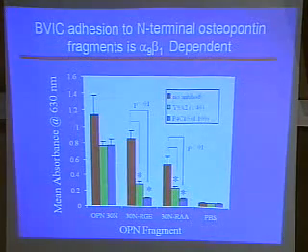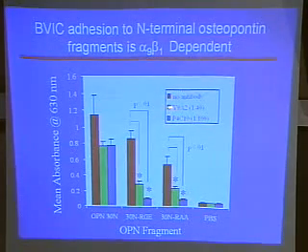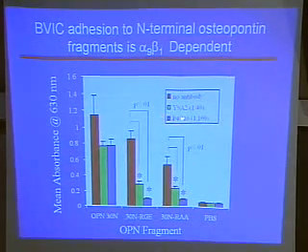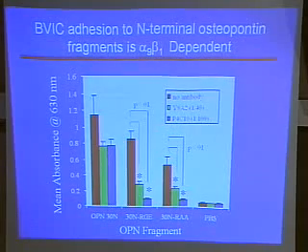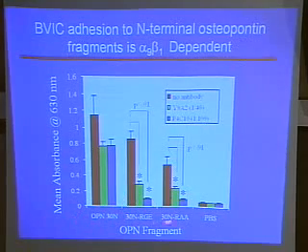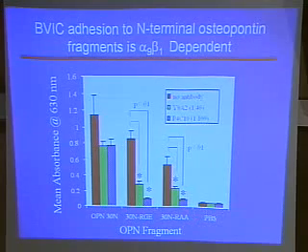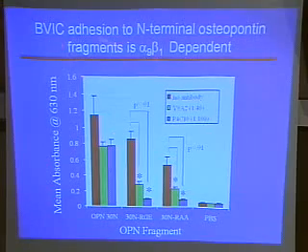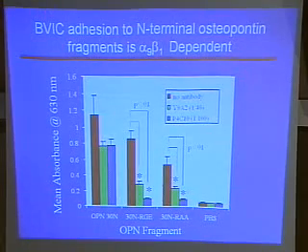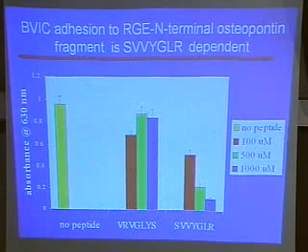So in this experiment, the cells were pre-incubated either with no antibody, an antibody to alpha-9 beta-1, or, in blue, an antibody to beta-1 integrins. Then we plated the cells on either 30N osteopontin or the 2 mutants or a PBS control, and we see that in the presence, in green, of the alpha-9 beta-1 antibody or the beta-1 antibodies, adhesion was inhibited. So we were able to determine that the adhesion to the N-terminus is actually mediated by alpha-9 beta-1 integrin.